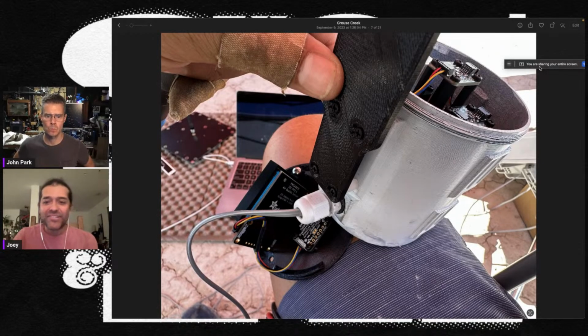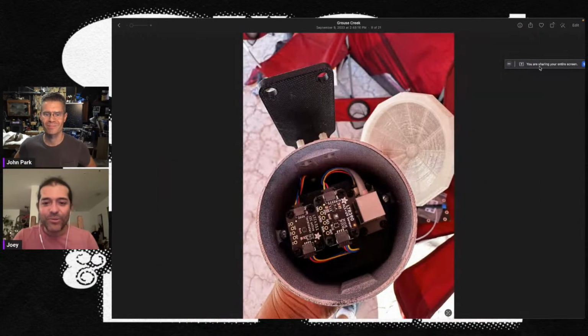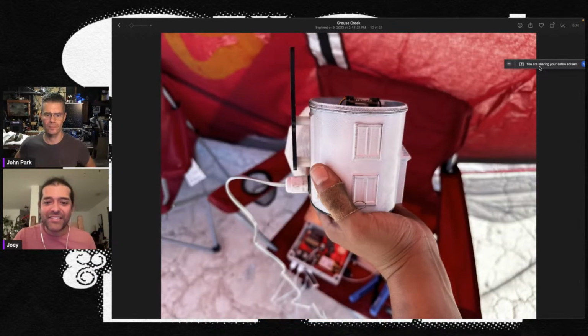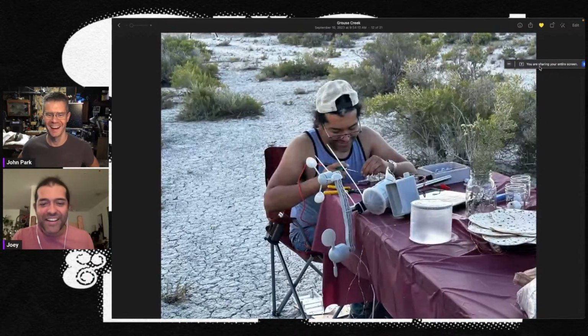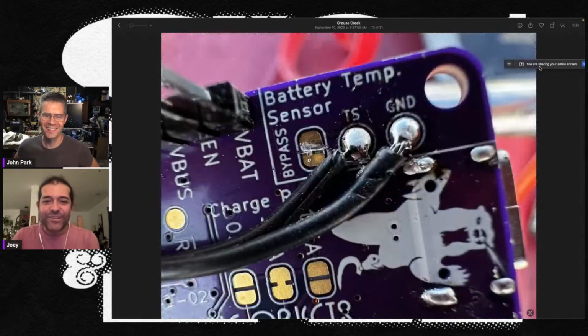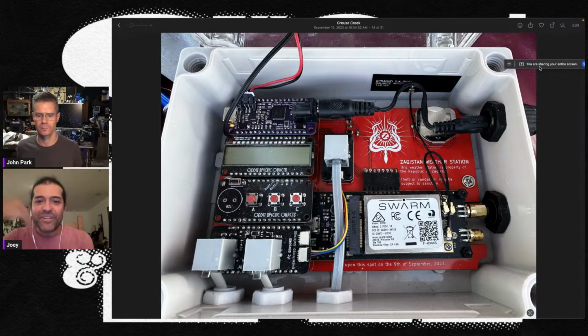Going out this cable gland. This enclosure is actually, I think, from a weather station project you did. So here it is in the enclosure, which I got from you. This is the first time I've designed a board for an enclosure, so that's kind of cool. It gets this clear PETG hat to keep it all in place. And here's me soldering in the desert first thing in the morning, adding our temperature sensor for the battery, which is important for outdoor projects. And this is what it looks like when it's finally put together.